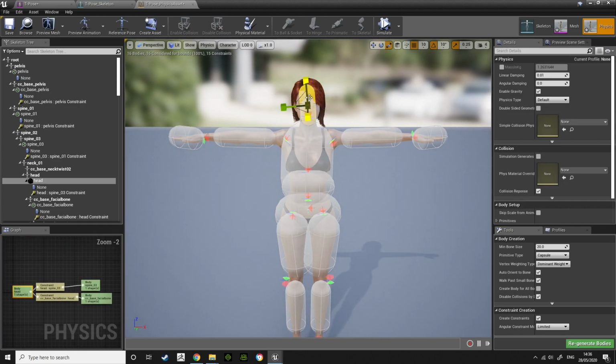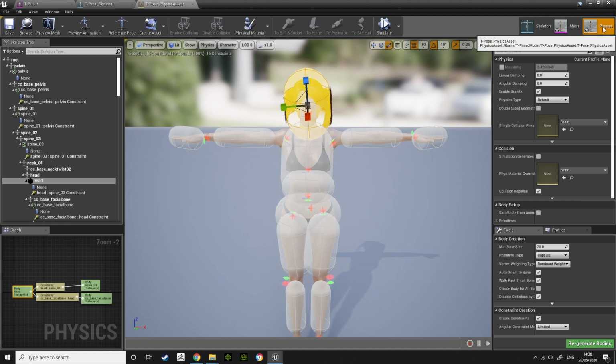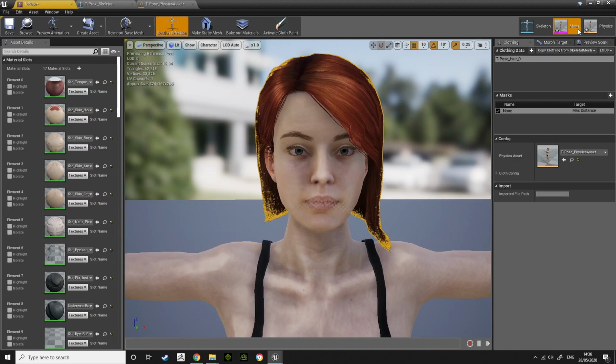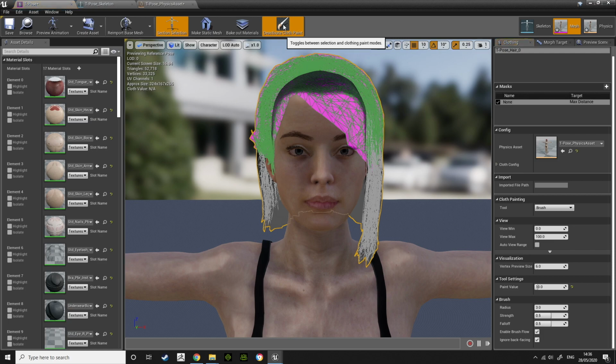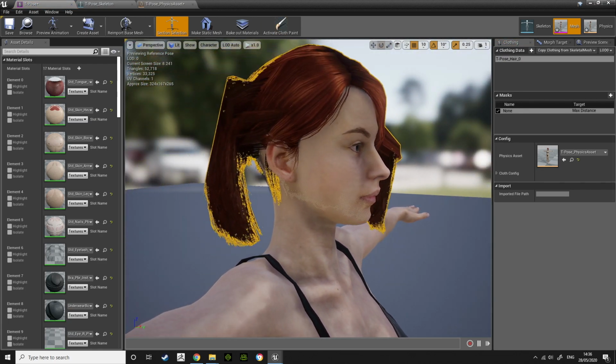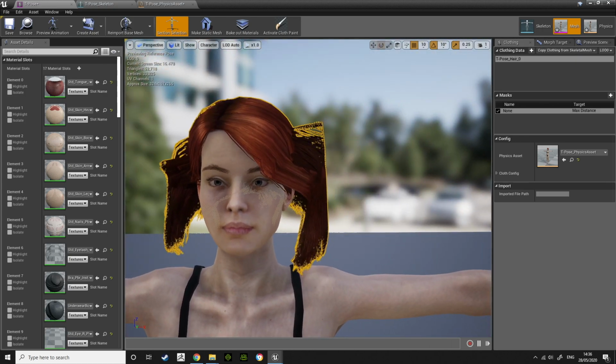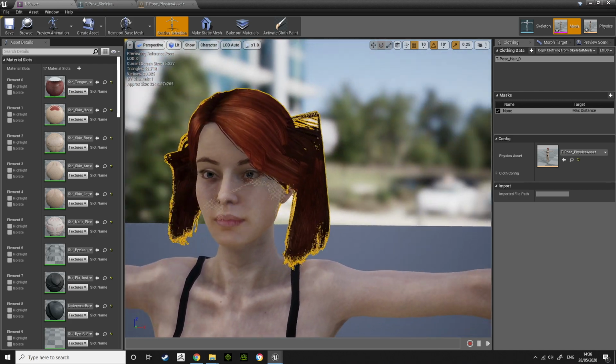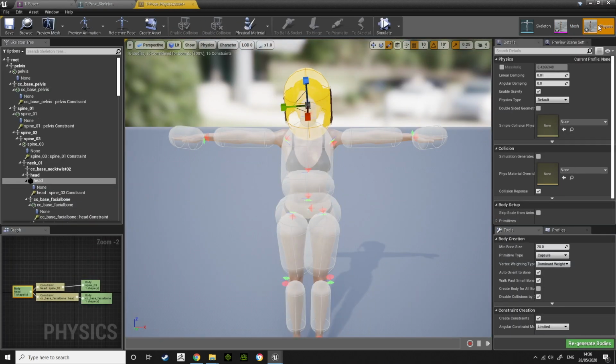So let's do an example of that. When I first brought it in, for some reason it's changed, but when I first brought it in, it looks something like that. So you may have the exact same problem. It may have gone completely away from the head. The reason for this is go into your physics,